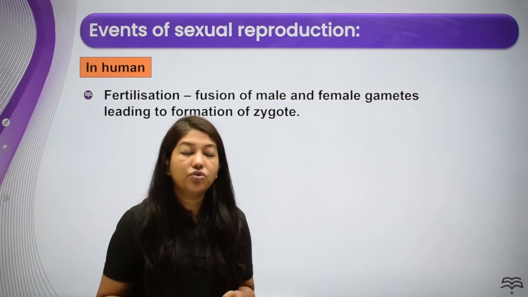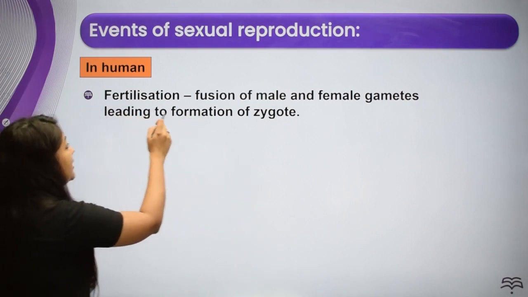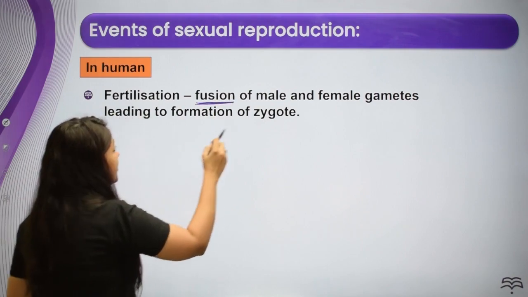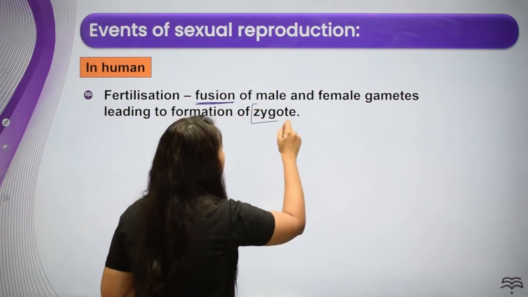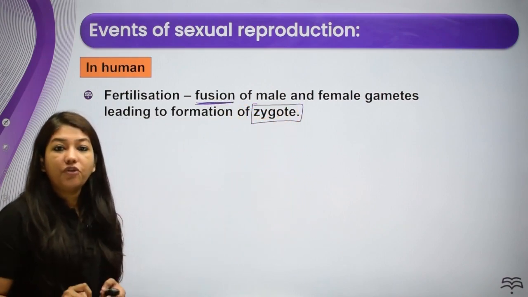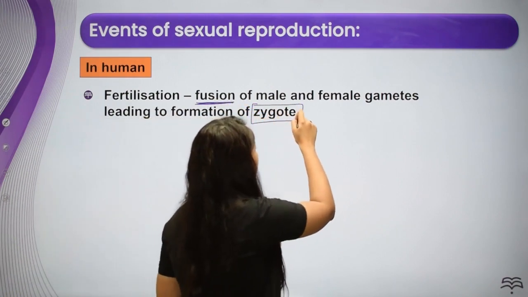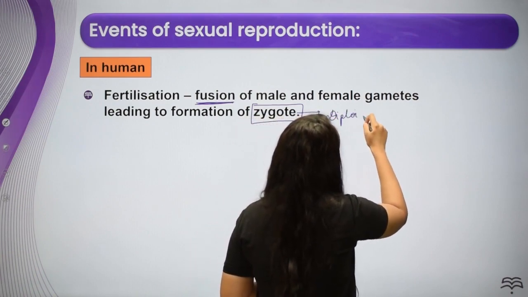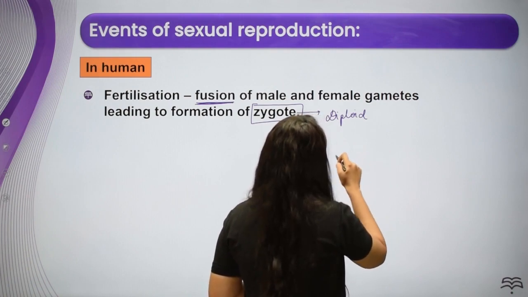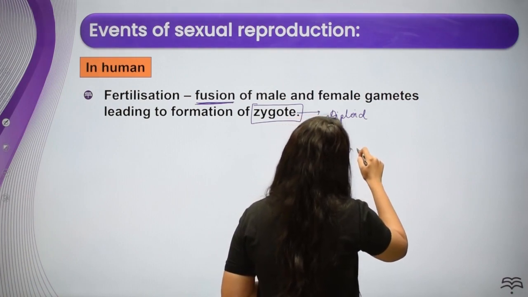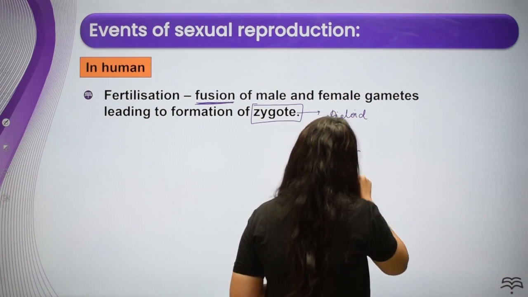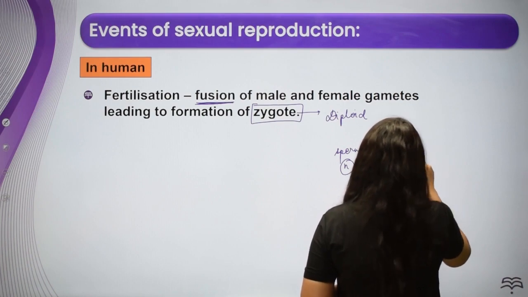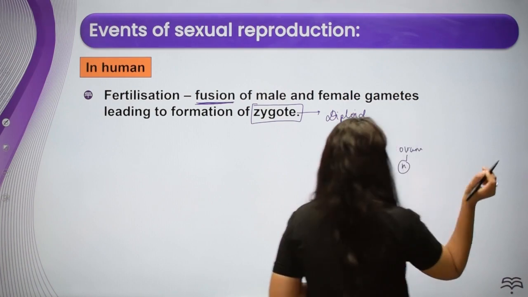उसके बाद fertilization होगा. The male and the female gamete are going to fuse. Important term. And as a result of fertilization, what is going to form? Zygote is going to form. All right, zygote is going to form. Zygote कैसा होता है? Diploid होता है, right? Our gametes, अगर हम sperm की बात करें, the ploidy here is going to be N. Ovum की बात करेंगे, the ploidy here again is going to be N. That is, they are haploid.